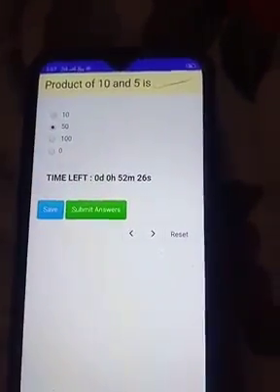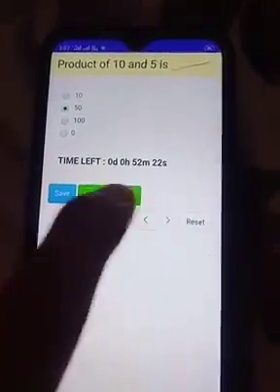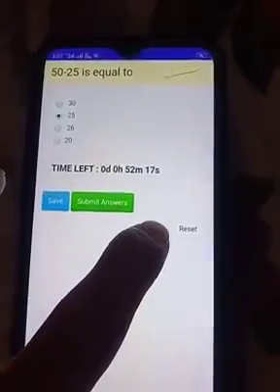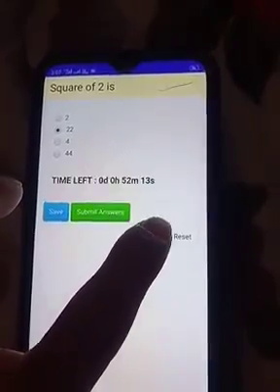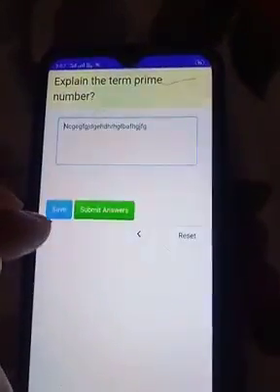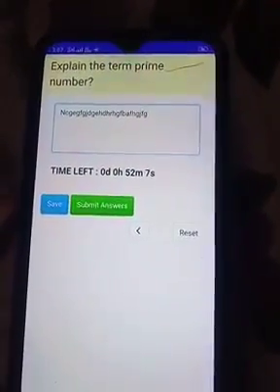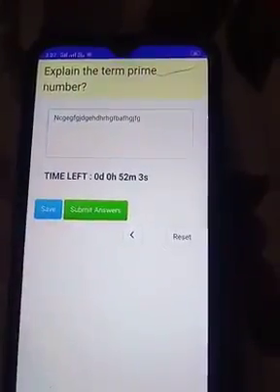This is the next question and you have selected this option, and now at last you can see all the questions have been covered. We have seen the answers once again. Now we have to submit the answers.